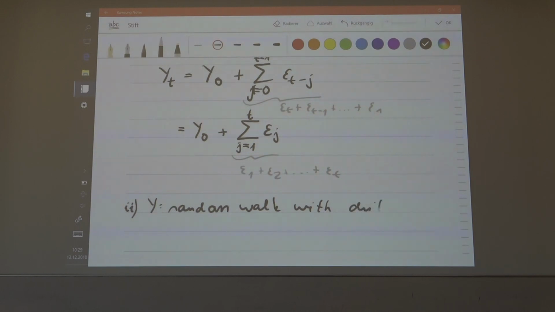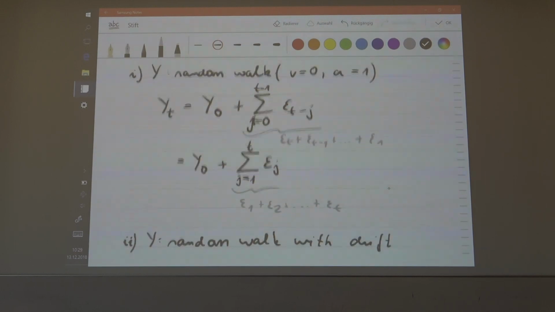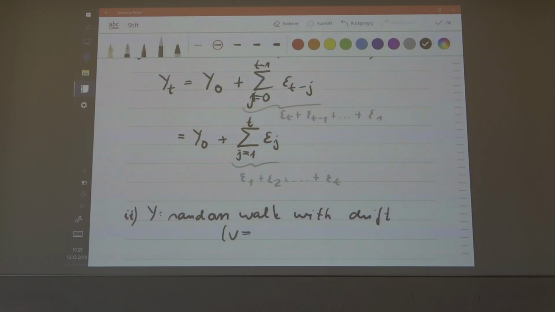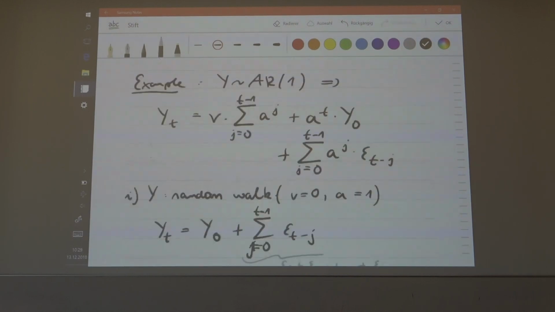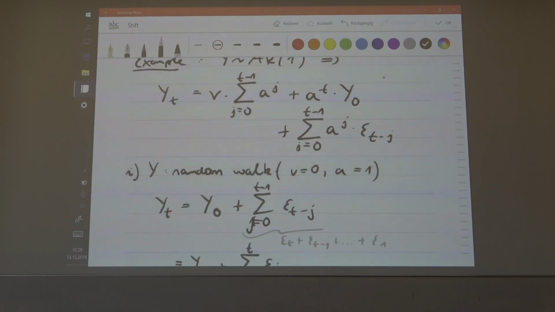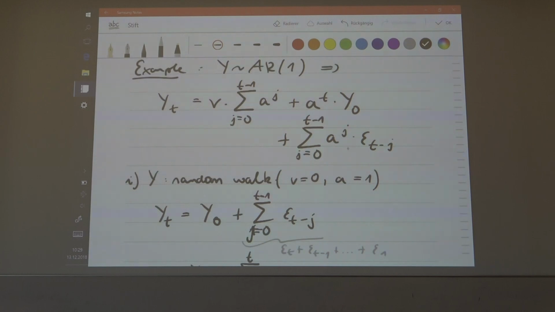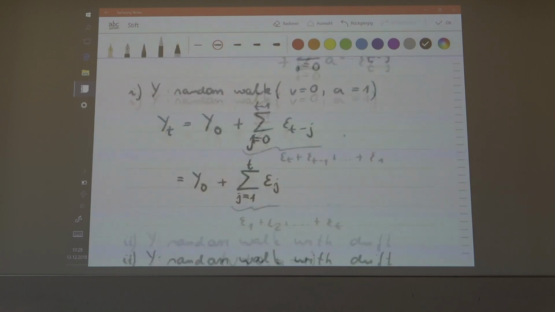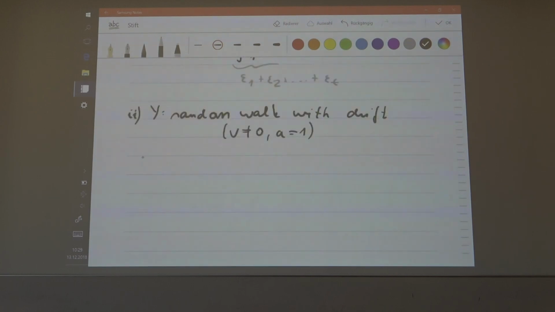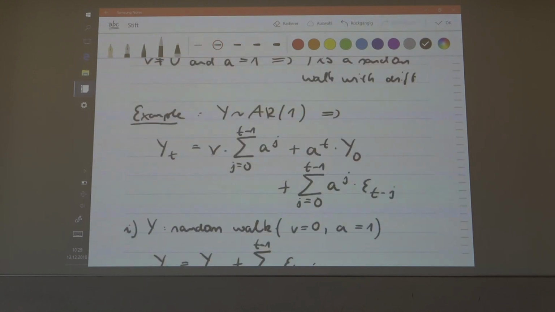Okay. Now, here in this case, you will have that v is not equal to 0 and a is equal to 1. Okay, so that's reminding us here in a special case. Now, if v is not equal to 0, okay, so this expression becomes familiar with that one. Okay, so there's no difference here for that. Let me just rearrange that here. So you're going to have v.